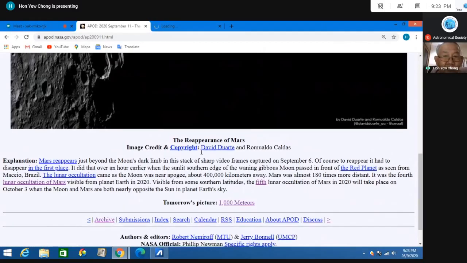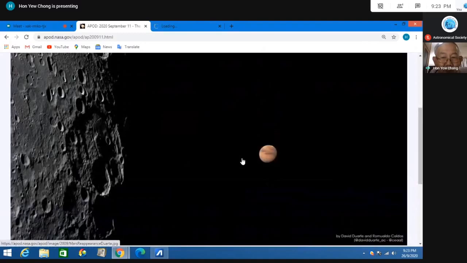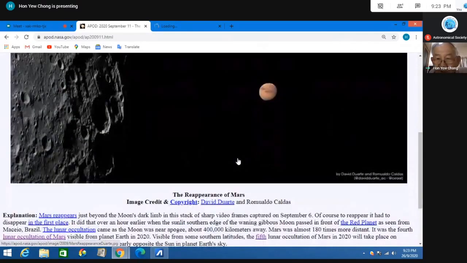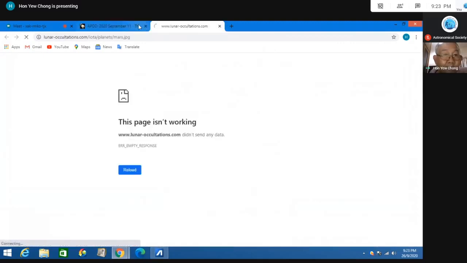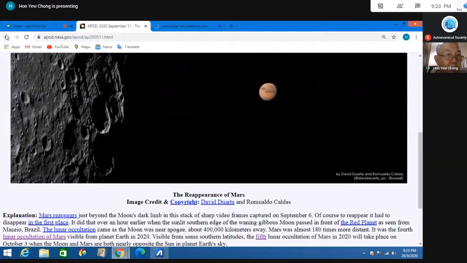Okay, so this is Mars coming out from the moon, all right, taken from Brazil. This is the 4th time this year. All right, so the South Americans are very lucky this year. Oh, it's not working. Never mind. So we go to the next date,